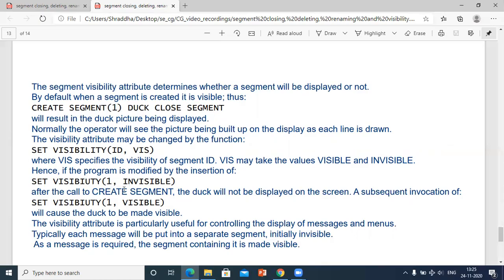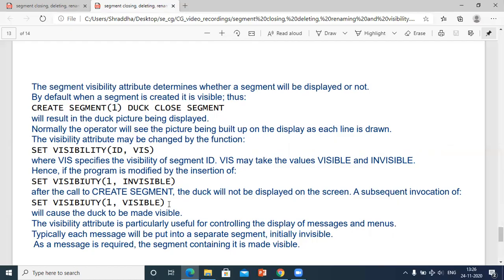Just by changing these commands, SetVisibility 1 invisible, the duck will not be visible on the screen. And when you change to SetVisibility 1 comma visible, the duck will be visible on the display screen.